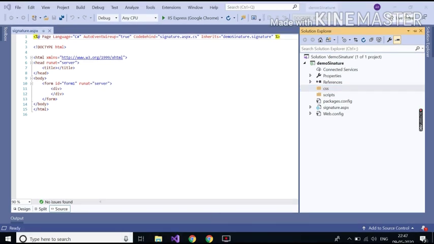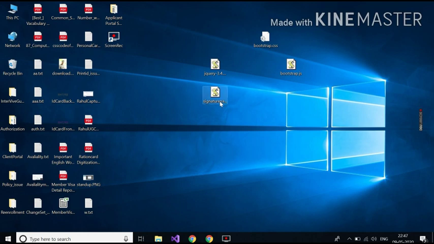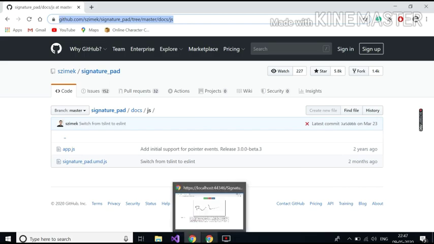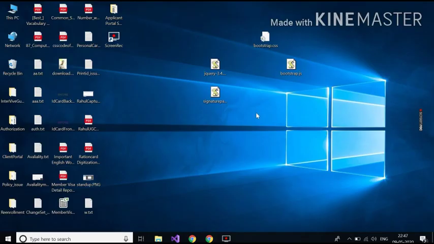I have already downloaded the files, signature pad JS, from this URL: signature pad, jQuery and bootstrap.